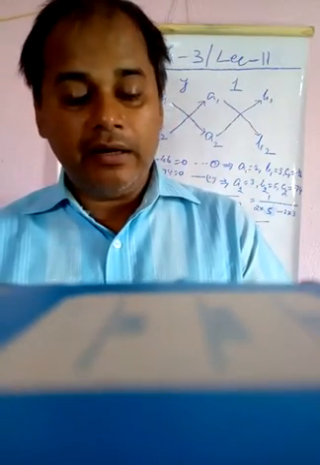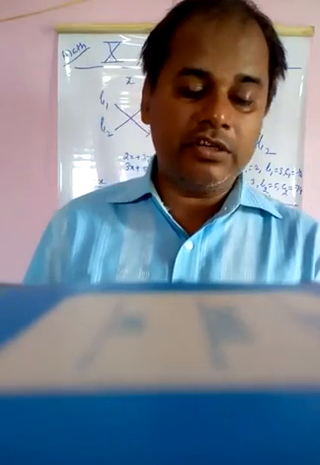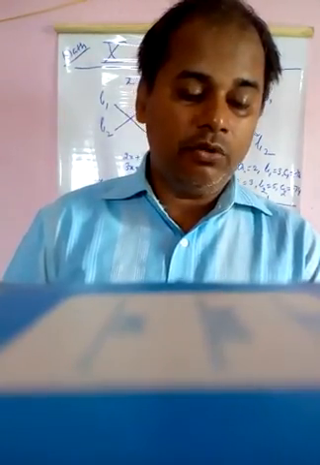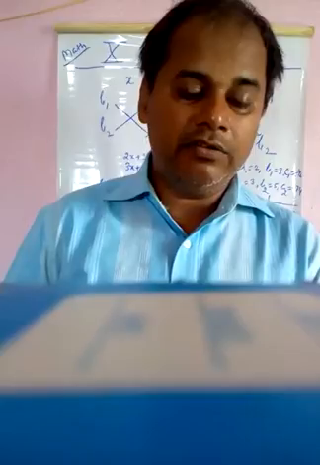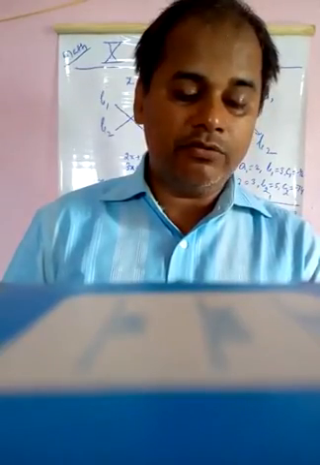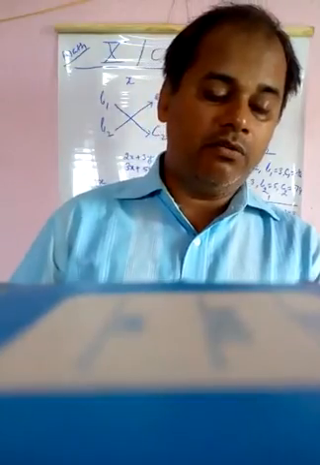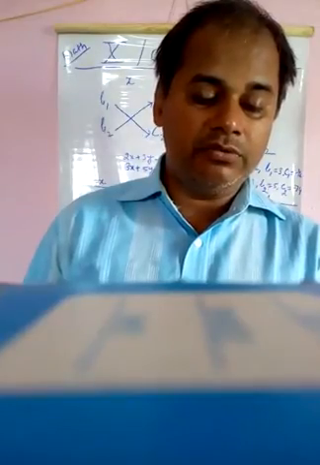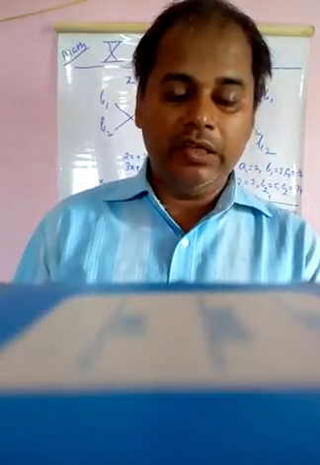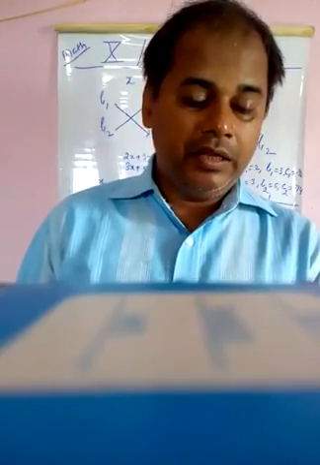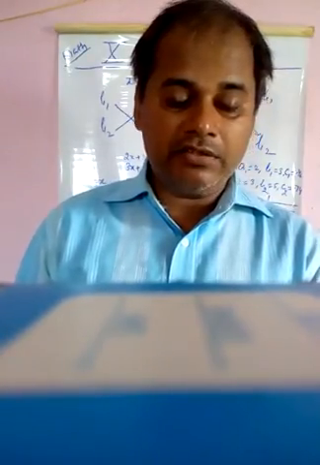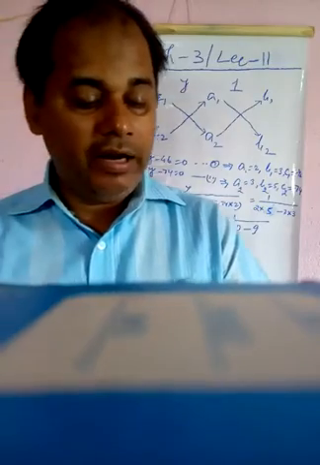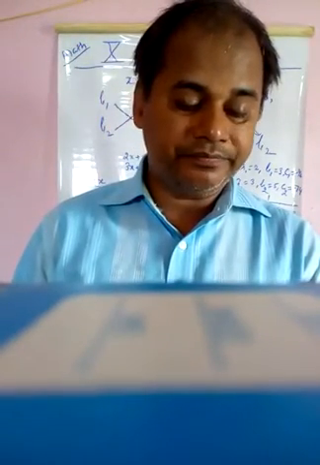Now you can use any method to solve these equations and get p = 2 and q = 3. You know that p = 1/x and q = 1/y. Substitute the values of p and q: 1/x = 2, that means x = 1/2, and 1/y = 3, that is y = 1/3. Verification: by substituting x = 1/2 and y = 1/3 in the given equations, we find that both the equations are satisfied.